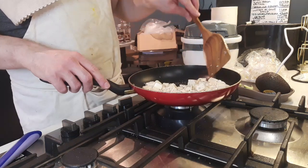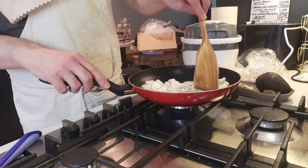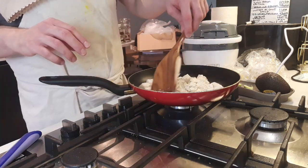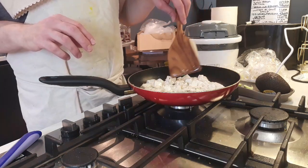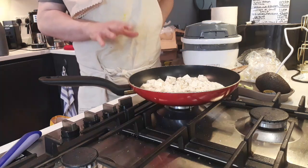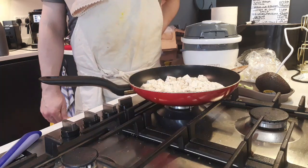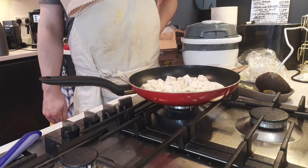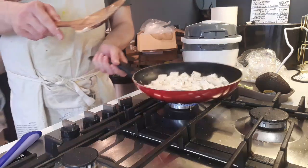I love that you keep all the rubbish around. Do you need this? What are all these? This is what I was patting the tofu dry with. Okay, so you don't need them now, right? Not anymore. You don't need to flip them that often, I don't think. It says brown on all sides, but I think I'll let the first side brown. Did you put oil in it? It says put a little bit of oil in. There seems to still be a lot of water in there then, doesn't there? You might need to drain some of the liquid. Yeah, it's maybe...